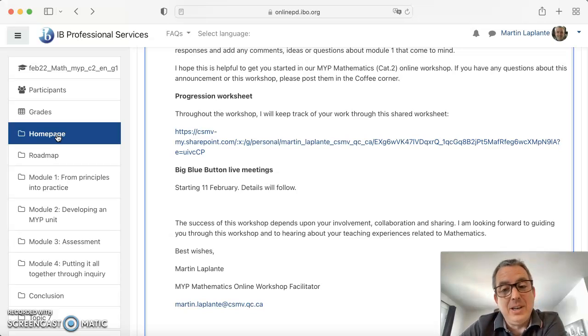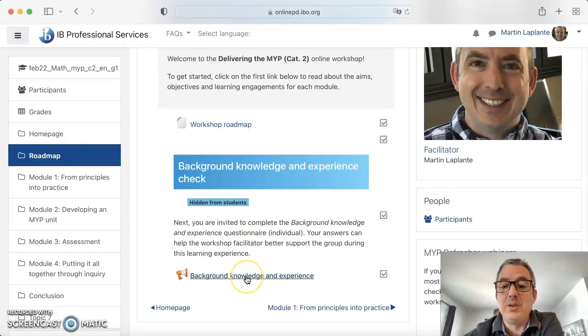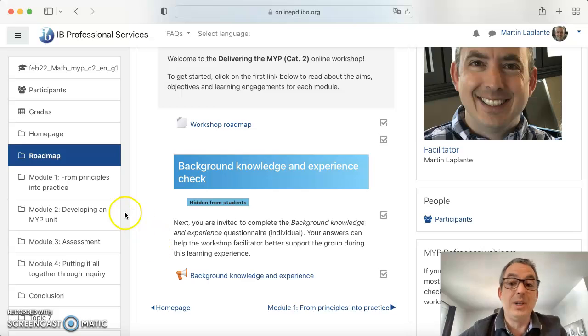There is a resource library, but you'll see that on each activity where you need resources, I'll attach these resources all the time. So you don't have to go to the resource library, actually. The roadmap, if you access it, you can answer a survey to tell me where you're at with the MYP program. But you can also tell me within the coffee corner, so it's not mandatory, but I'll go and check if you have taken the time to send me information. I always like to know